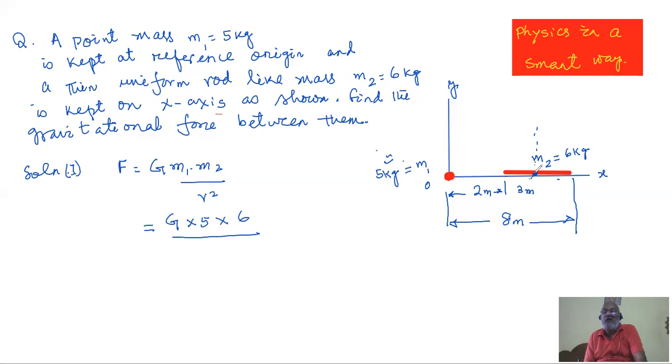that becomes 5 meter. Or maybe somebody can be thinking that because one end of M2 is at 2 meter, the other end is at x equal to 8 meter. So the average distance, that is the same as the distance of the center of mass, must be 2 plus 8 by 2, that is 5 meter. Both ways, we need to find the center of mass of M2, and the center of mass has an x coordinate, and the rod is 6 meter long. The midpoint of 6 meter is 3 meter from either end.